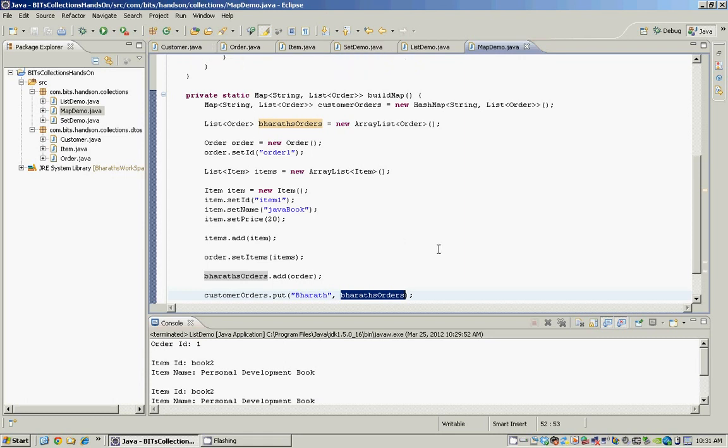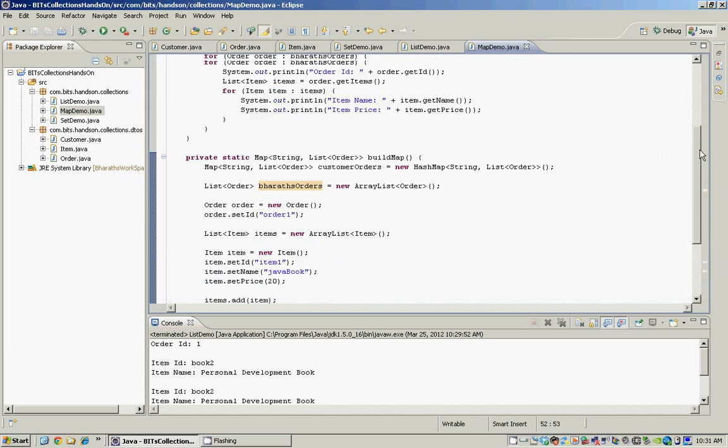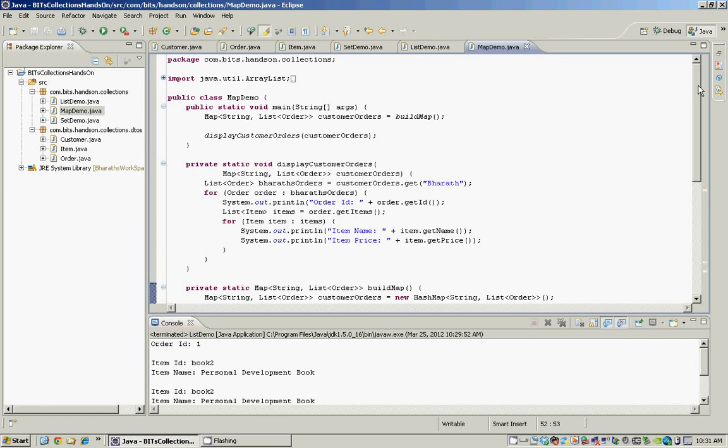Remember, the better the hashCode method is, the quicker your application and the HashMap and HashSet classes will perform. So it's that simple to add objects to the collection classes and then retrieve them and use them for displaying to the customer.